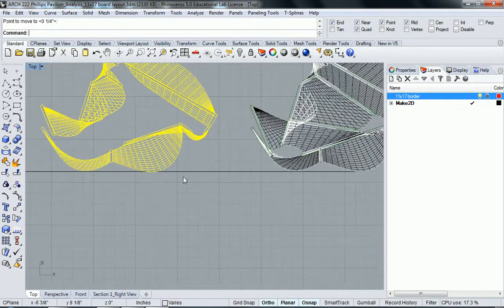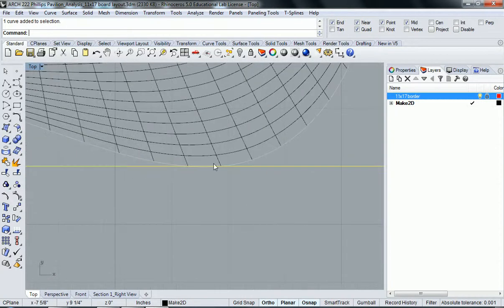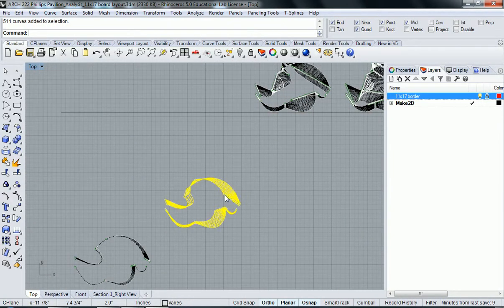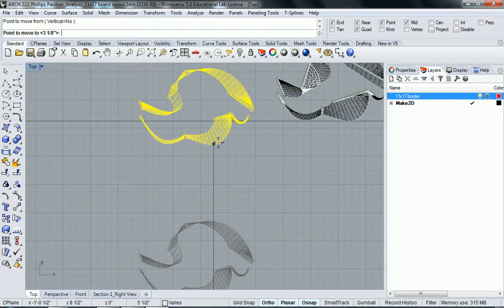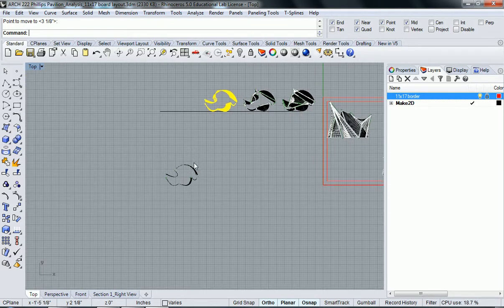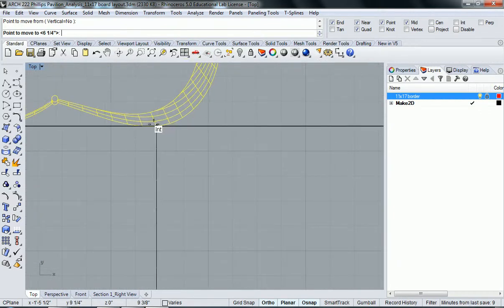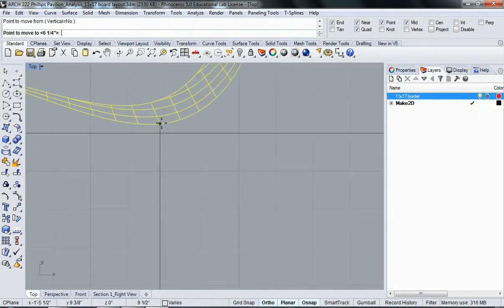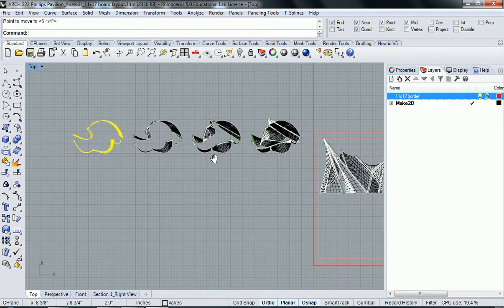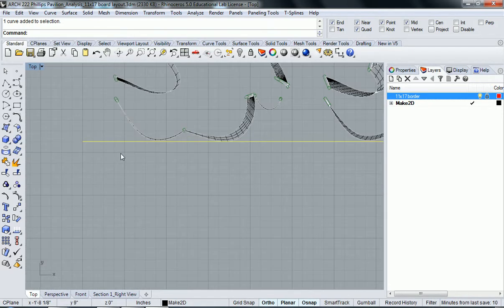I don't know if that's the right one or not. Let's see here. Yes, it is the right one. And I'm just going to follow suit and move all these other ones up. And move this one up. And I'm snapping them all to the line. If you notice it's not going straight up, you might need to turn either your intersect or your perpendicular on in order to achieve that. So now I've got all these in a row, and I'm actually going